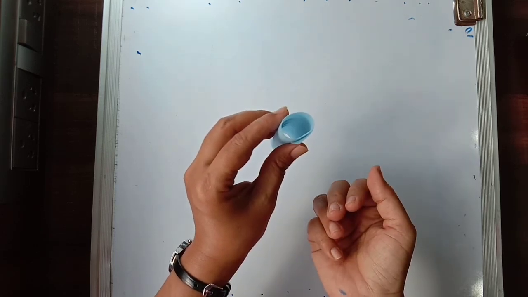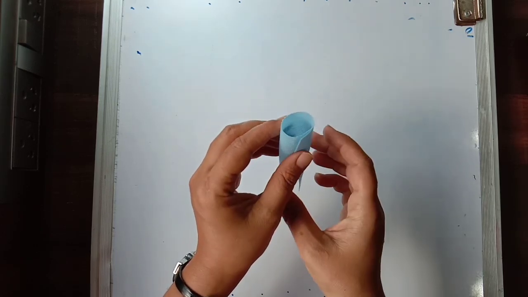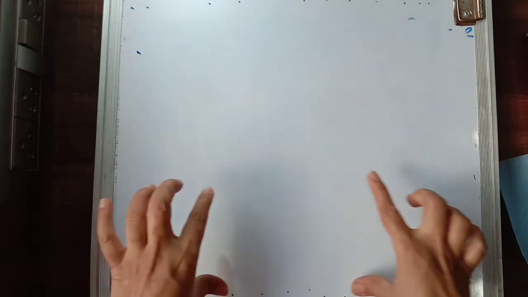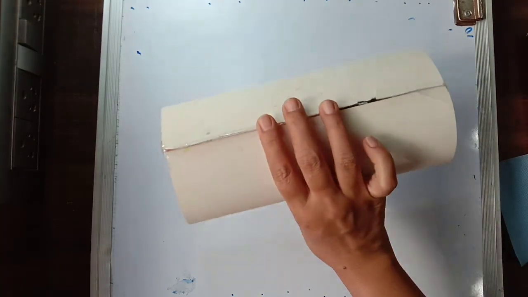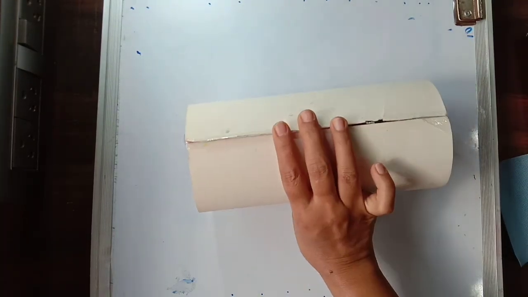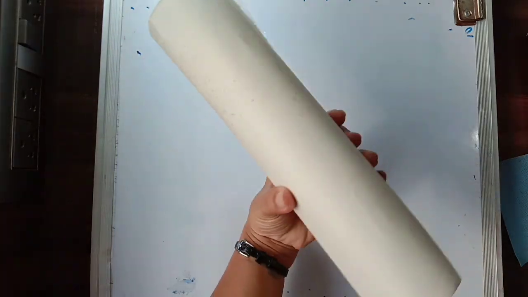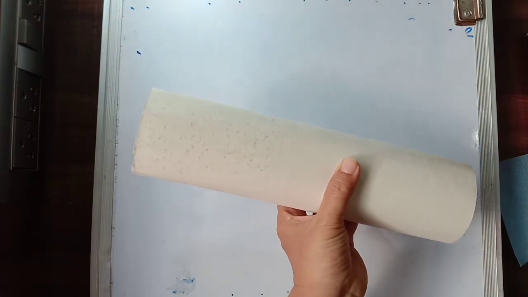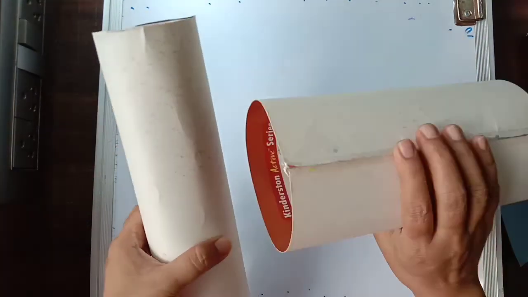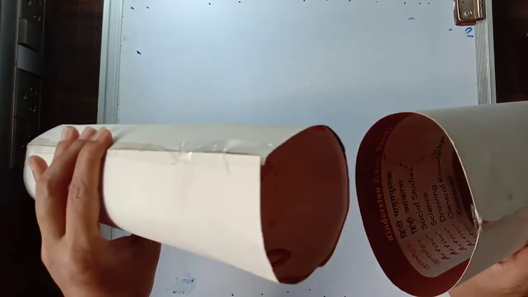Let us check with the help of a demonstration. Now see, what I have done is, I have taken one thick cardboard out of which I have made two cylinders. One I have folded the way which I showed you first, and the second one I have folded by the length. So this is one cylinder which I folded in the first manner, and this is the second cylinder which I got when I folded it lengthwise. One is breadthwise and one is lengthwise. Okay, so you can see there is a difference in the diameter. Now the aim is to check whether their volumes are one and the same.